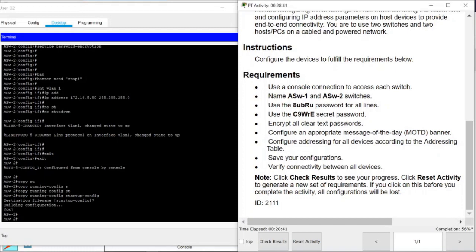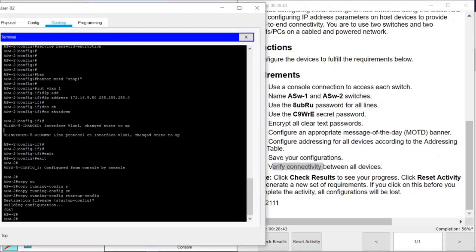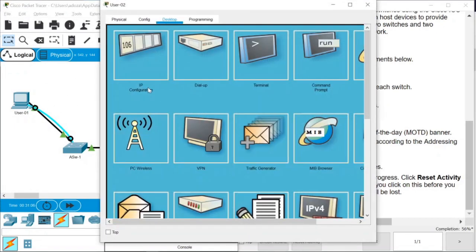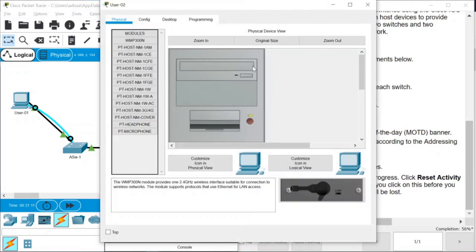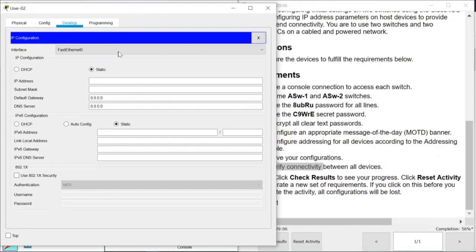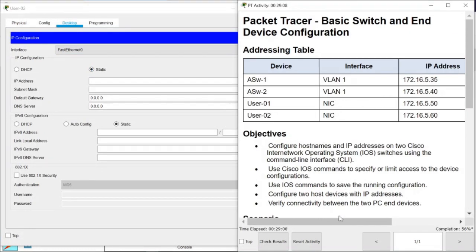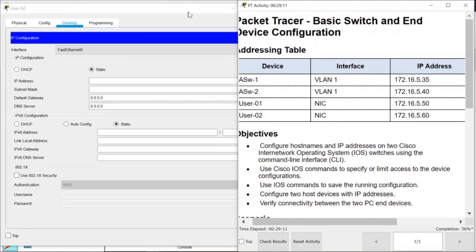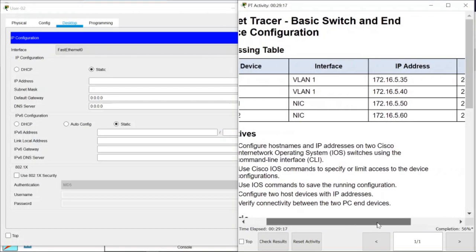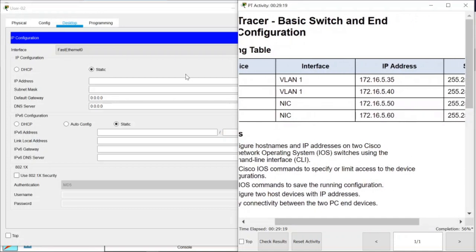Verify connectivity between all devices. We will do that, but first we need to set IP addresses on the computers. So we have 2 computers, and usually when you would like to do this with Packet Tracer, you can reach it from here, or you can do this here, but in a much safer way, use the IP configuration here. And then this is static. We will go back to the address table, and we are using PC2 or user 2, so it means we need to use this IP address